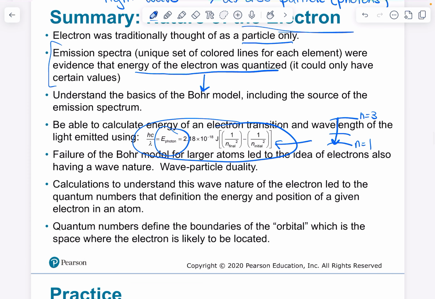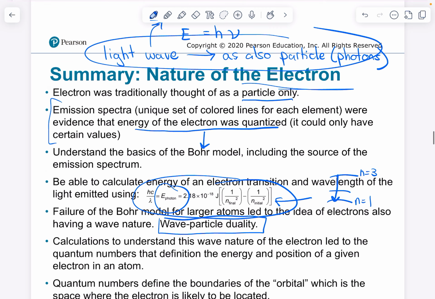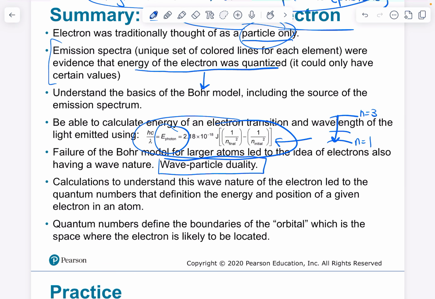Ultimately, that one didn't work out so well. And so we continued to have postulations on how we could improve this model. And so just like with light, we were able to start incorporating this idea of wave-particle duality. So up here, that's what we called this for light, was wave-particle duality. And now for the electron, we're starting with the particle side and going to the wave side, and treating the electron not only like a particle, but also like a wave. Okay? That led to our modern understanding of quantum mechanics.